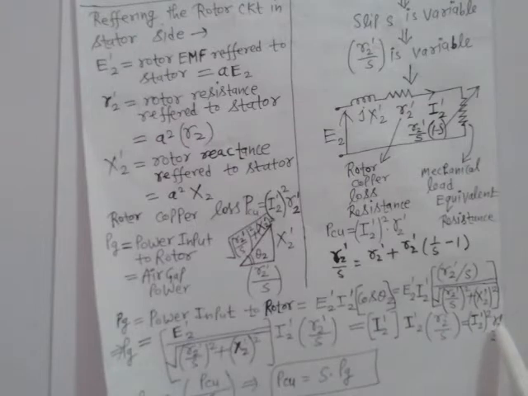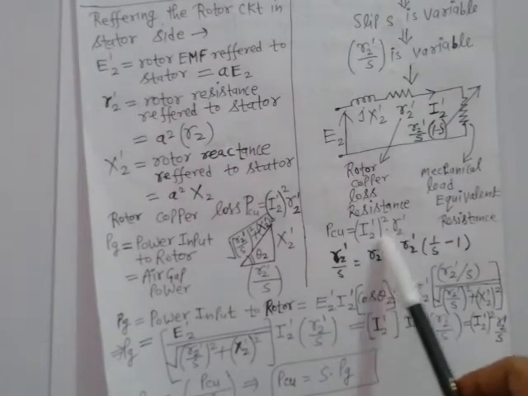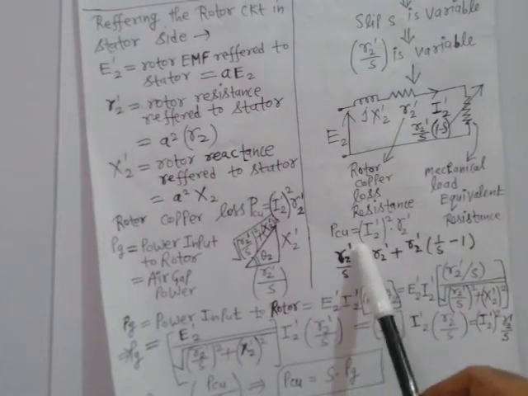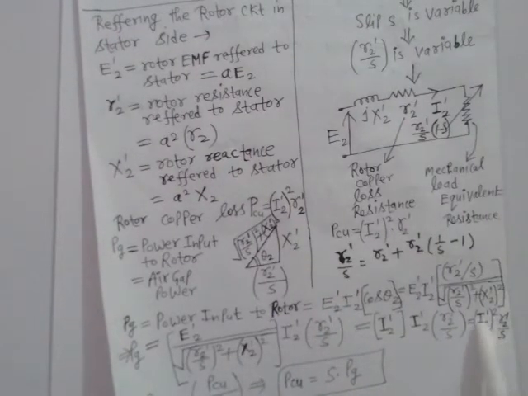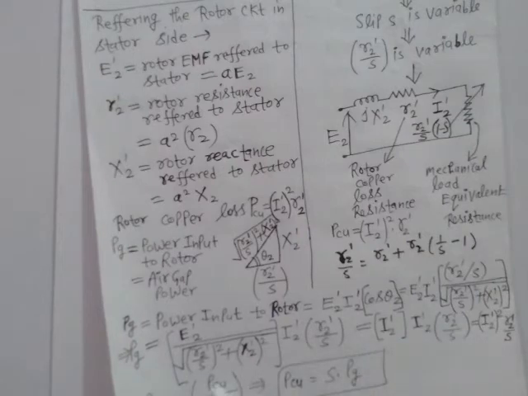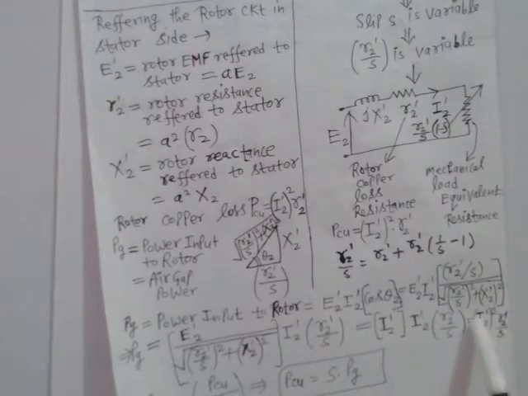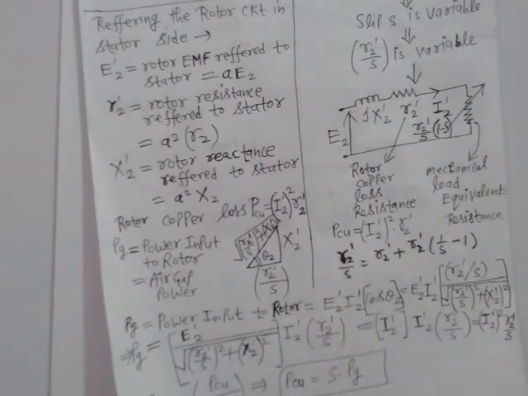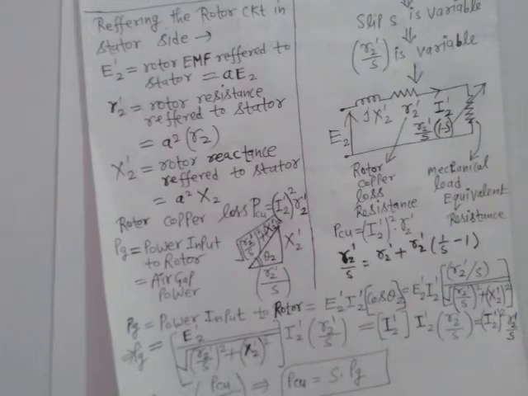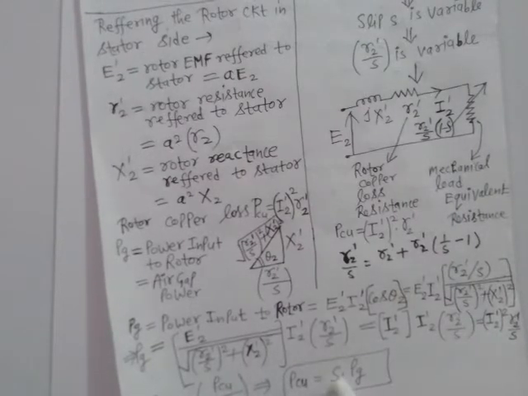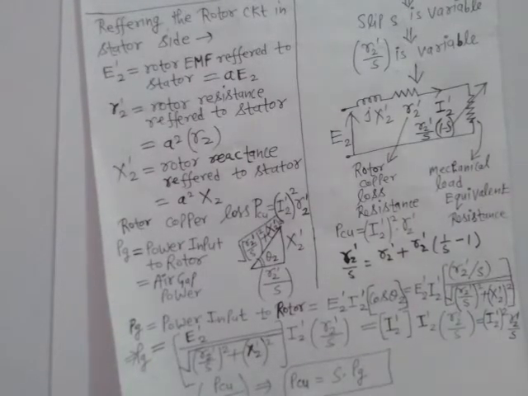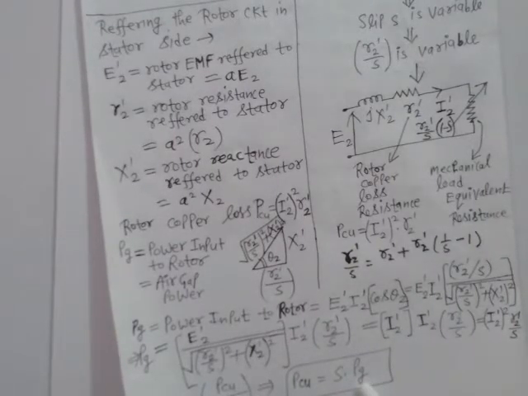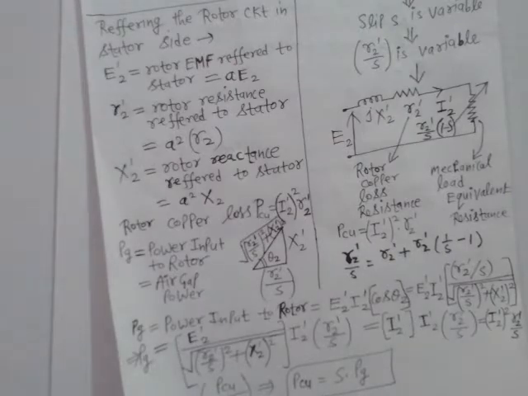So I square R is nothing but rotor copper loss. Let me represent it by PCU, suffix U representing the rotor copper loss. So here this I square R is nothing but PCU. Represent this whole I2' square into R2' by PCU, so PCU by S, right? So PCU becomes S times PG. That means rotor copper loss PCU is equal to slip times air gap power PG. That is the relation, right?